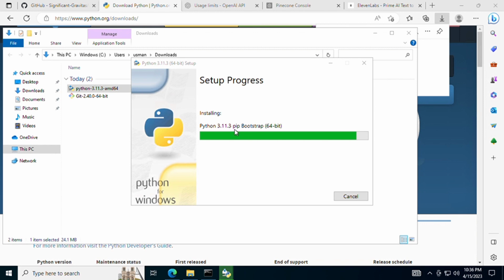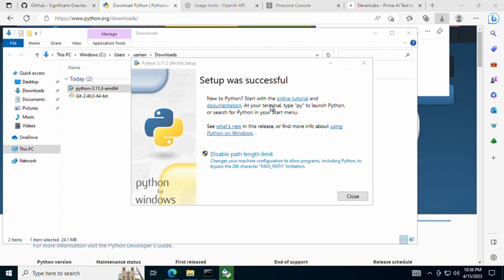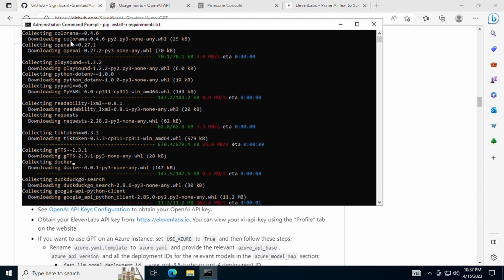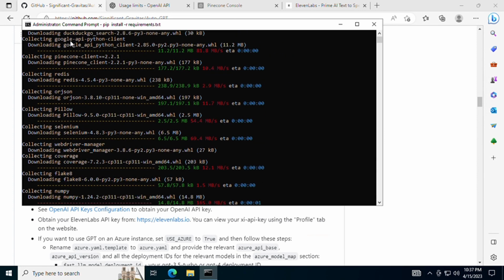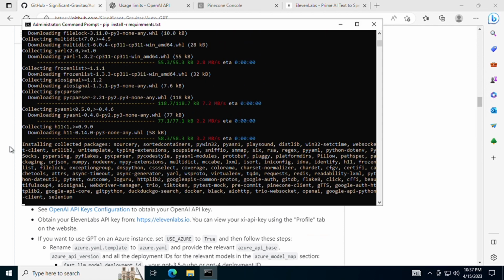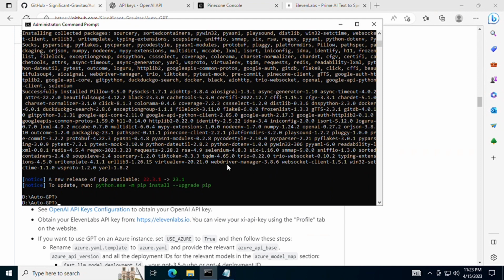As you can see, pip is now being installed. It's done. Now pip has been installed, so we'll go ahead and run the command again. Now this is making sure that all the required dependencies are up to date. As you can see, Python has now been installed, and now it is time for us to go ahead and